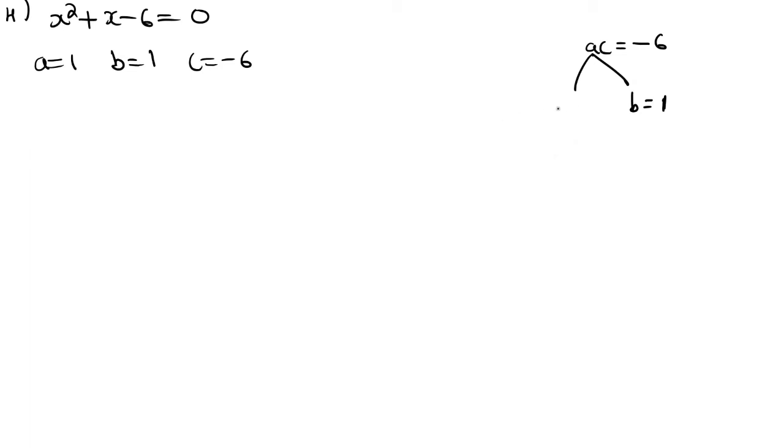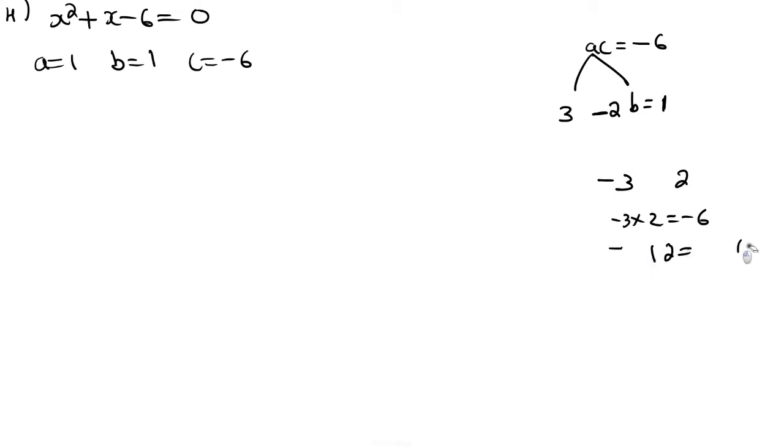Okay, clearly you can see the numbers are 3 and 2. 3 2s are 6, but we want minus 6. So here see, I will take 3 and minus 2, because 3 into minus 2 is equal to minus 6, and 3 minus 2 is equal to 1. Suppose you are taking minus 3 and plus 2. Minus 3 into plus 2 is equal to minus 6. But minus 3 plus 2 is not equal to plus 1. We want to get plus 1, but it is equal to minus 1. So you need to take the numbers as 3 and minus 2.